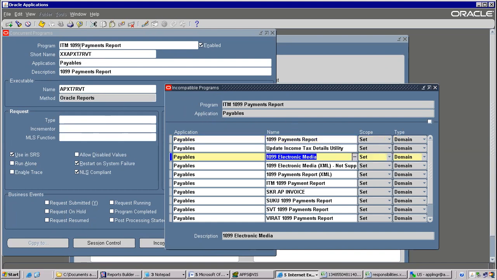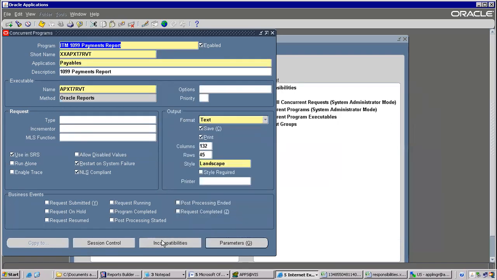There is a data relation between 1099 payment and 1099 electronic media. Once it finishes, then only it has to execute this. Dependency is there. Whenever there is a dependency between the programs, then at that time, incompatibility is required. For every program, not needed. If you are loading suppliers and sites, for example, without the supplier, we cannot load the site. So till the suppliers program finishes, the site program has to wait. Otherwise, it will not be able to find the parent suppliers for that. So that is called incompatibility. In one line, again I'm saying, incompatibility means if a program is running, then the other program has to wait